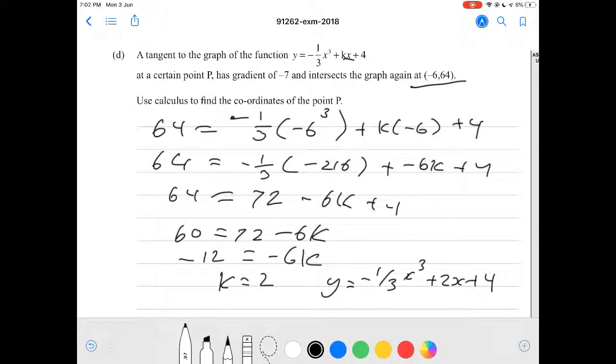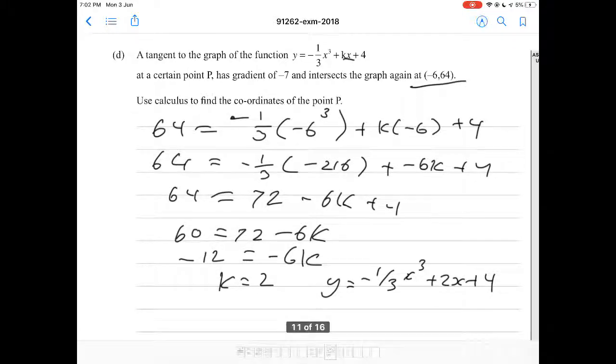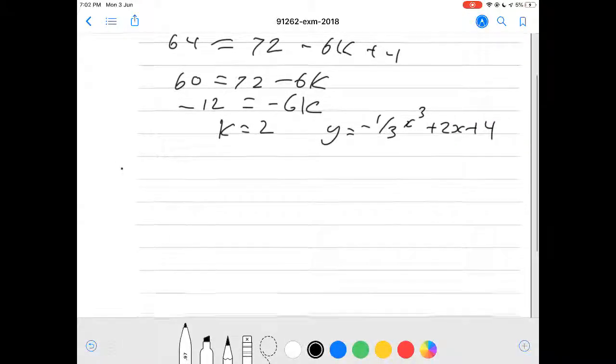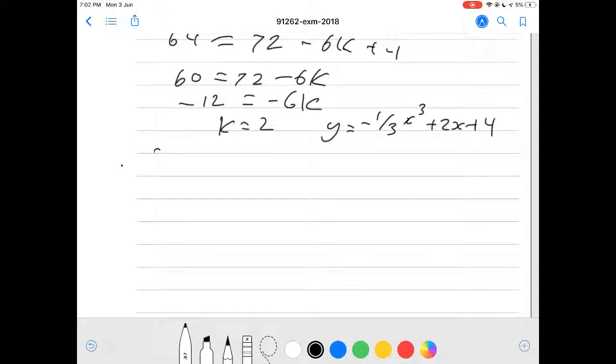At a certain point, P has a gradient of negative 7 and intersects the graph again. So therefore, we're going to find the gradient function. We'll say f dash of x equals to negative x squared plus 2. And because the gradient is negative 7, we'll substitute: negative 7 equals to negative x squared plus